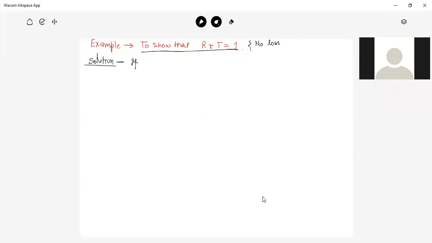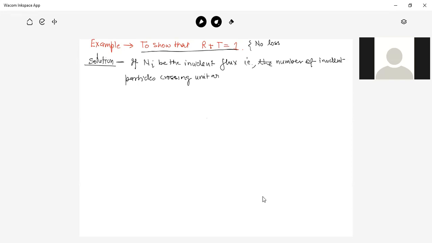If Ni be the incident flux, that is the number of incident particles crossing unit area at right angle to their direction,